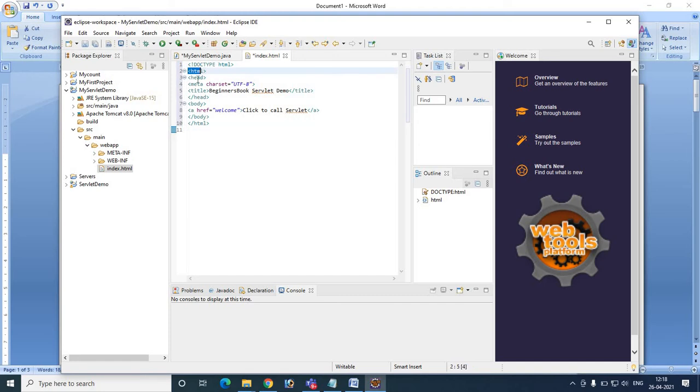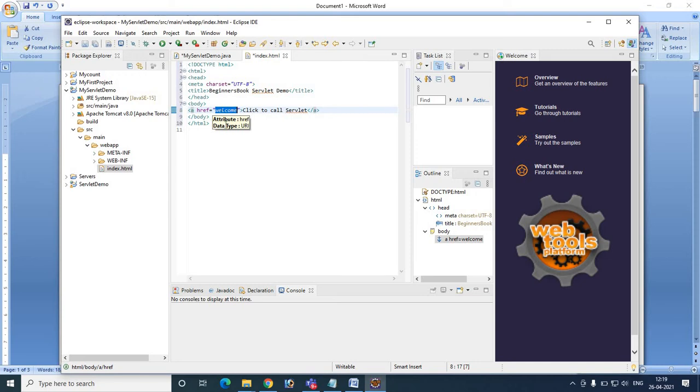The HTML head title, let us give something title as beginners book servlet demo, and then in that body we have to give the anchor tag, that is welcome. When you click the message click to call servlet, the welcome will be called.